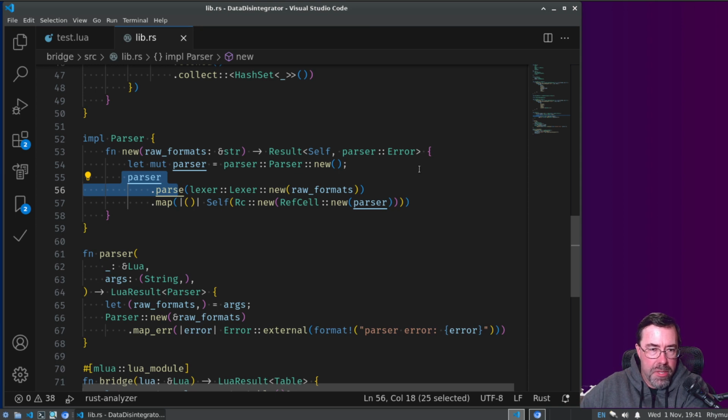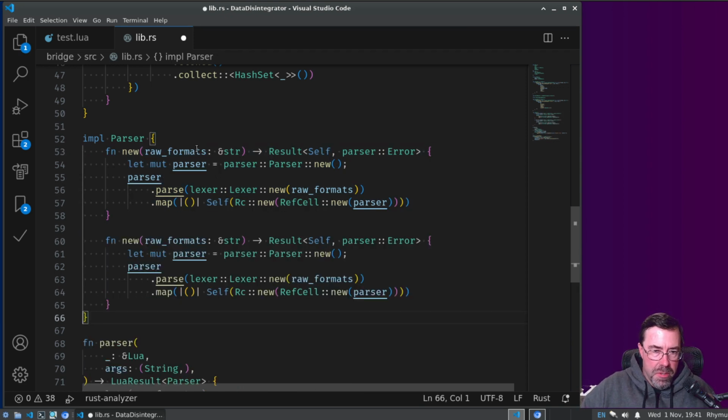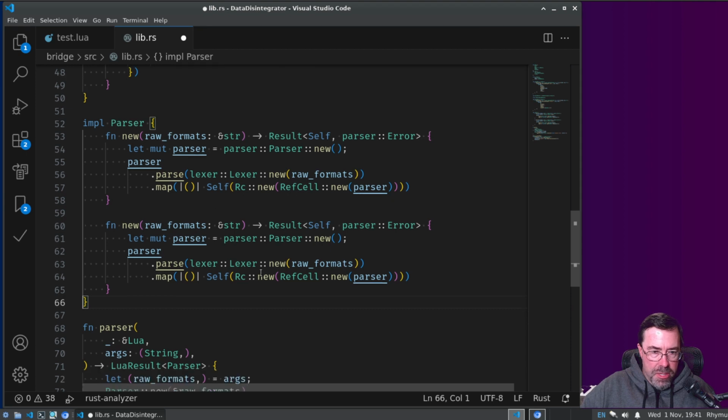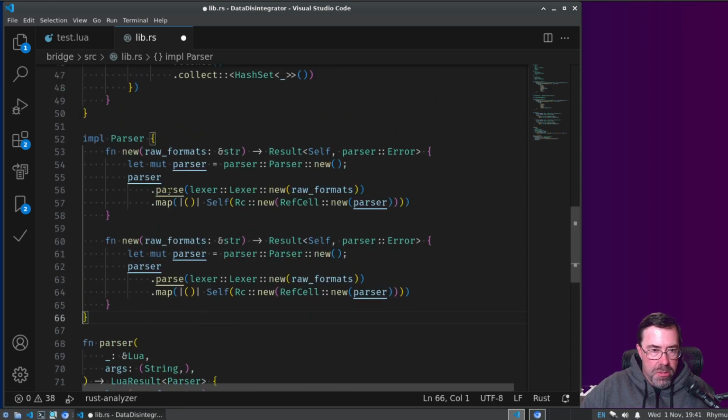At the end of the last stream this morning, I thought these two lines really should be broken up, divided from the first and the last line here. So maybe that's the first thing I do tonight. The idea would be we would have two methods. This would actually allow me to test that we can add a method to a parser. So if we had, like, add formats,